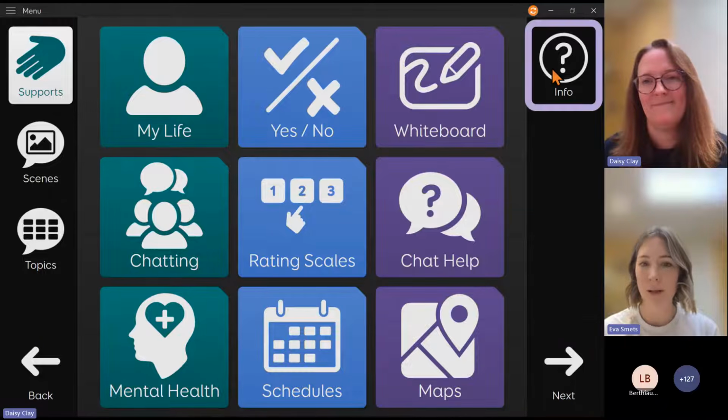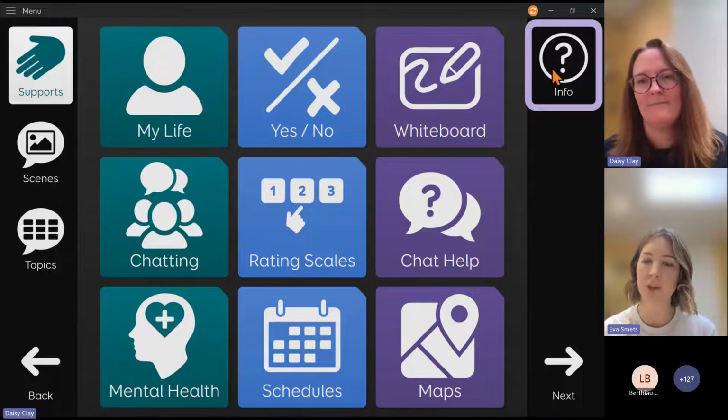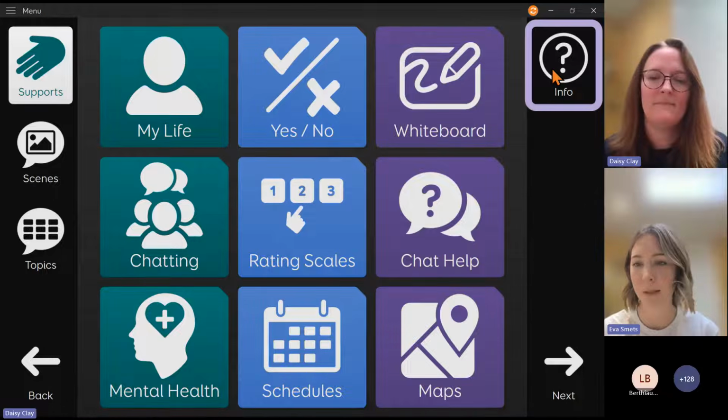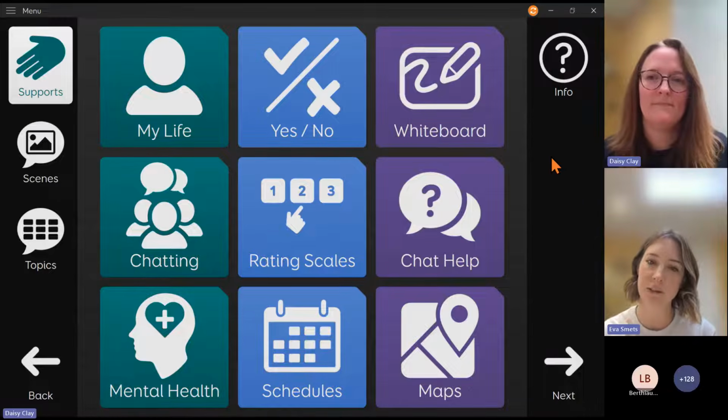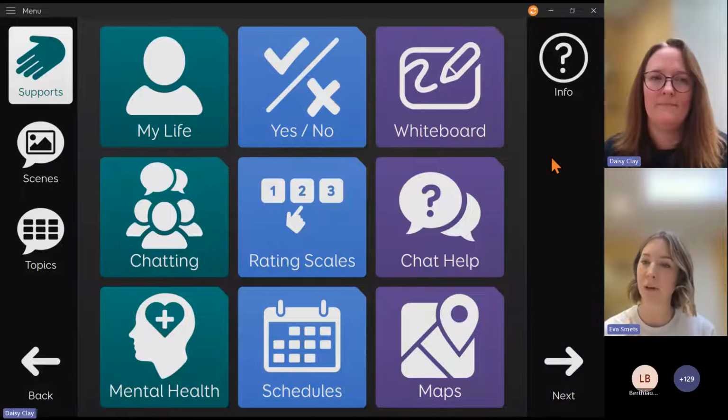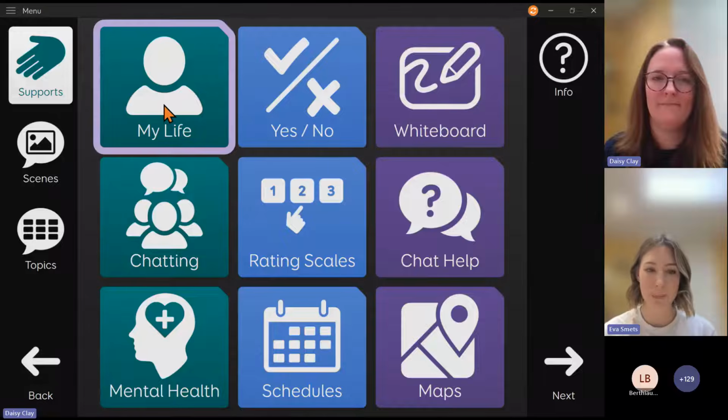And then top right on the toolbar, you can see we also have an info icon. We will show you this a little bit more as we move around the vocabulary, but basically on the majority of grids, you can access this info grid and it tells you a little bit of information about that grid, perhaps how to use it or how to edit it. And there's text and images on there, and it also speaks aloud, so that can be helpful for the individual with aphasia.